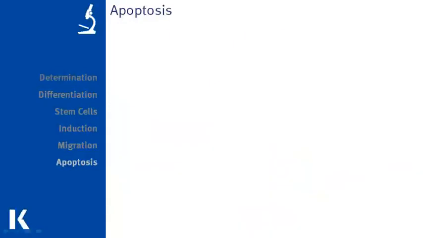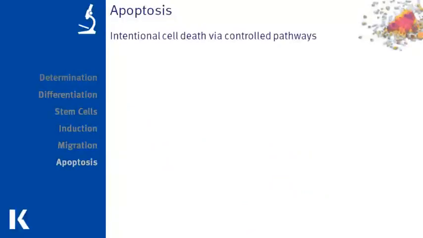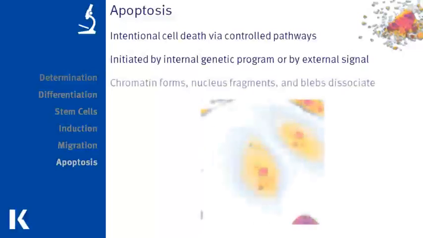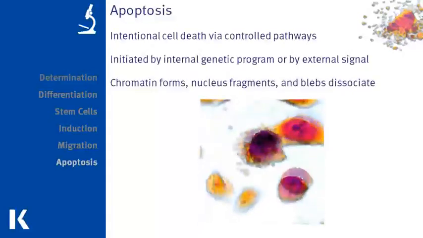At the other end of the life cycle of a cell is apoptosis. Apoptosis, or programmed cell death, occurs throughout development and is an essential part of the normal cellular function of an organism. This is also a really great way for improperly formed cells to remove themselves before they can damage the organism. Apoptosis can be triggered either by internal or external signals, and during apoptosis, DNA condenses into chromatin, and small